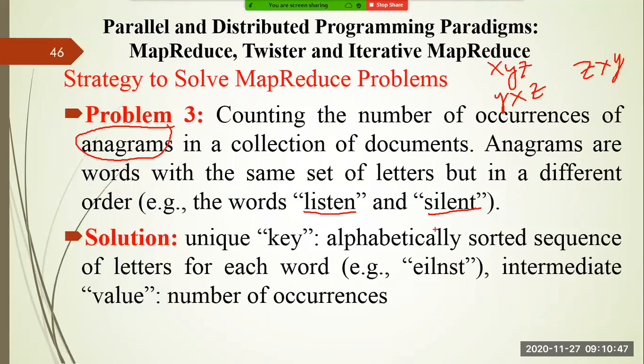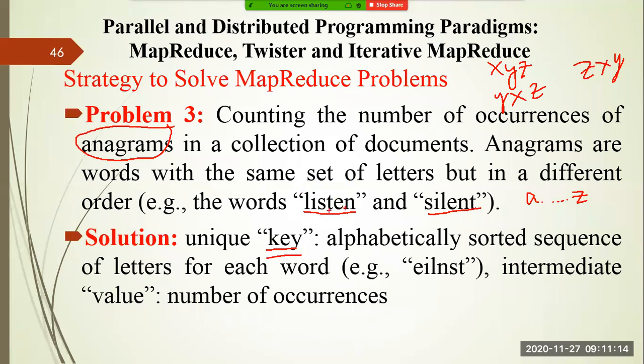If you would like to implement this problem in MapReduce, you have to determine what the key is. The key here you can take is the alphabetically sorted sequence of letters for each word. If I sort a word alphabetically, you have to follow A to Z order. Whichever letter comes first, you keep it first. For example, out of these words